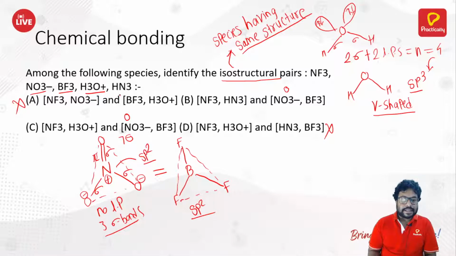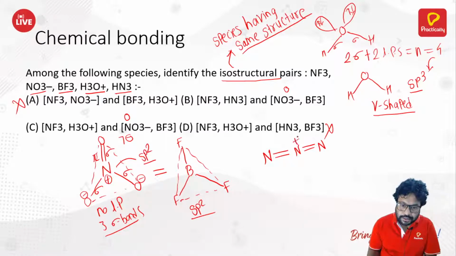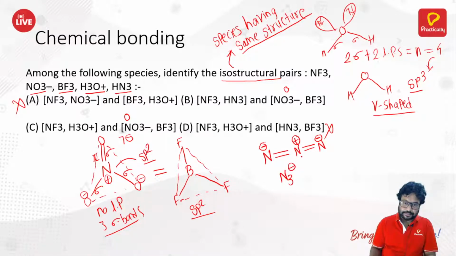Now another one is HN3. How does HN3 look like? HN3 shape actually is like this. N double bond N, double bond N. You have a plus charge, you have a minus charge here, then you have another minus charge. The plus and minus get cancelled. You got N3 1 minus. N3 1 minus counterbalanced by H plus. Okay, that is how it is. So if you write its structure,